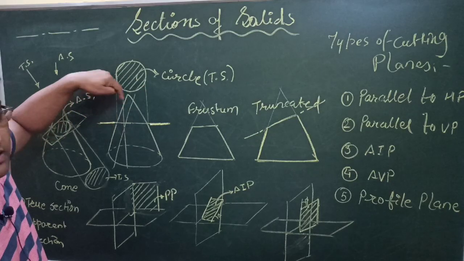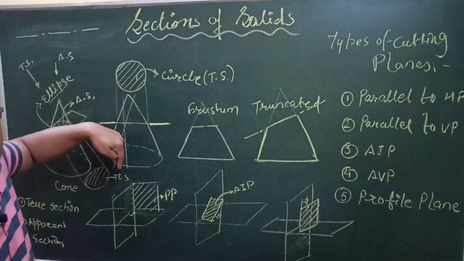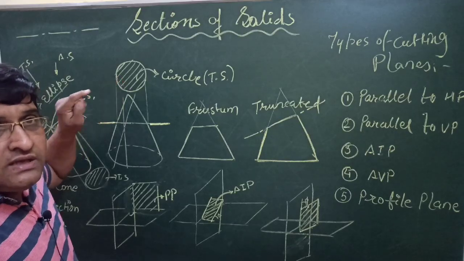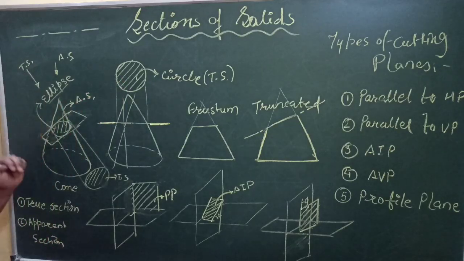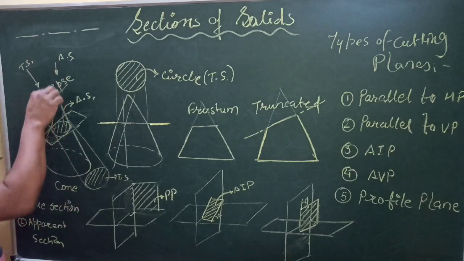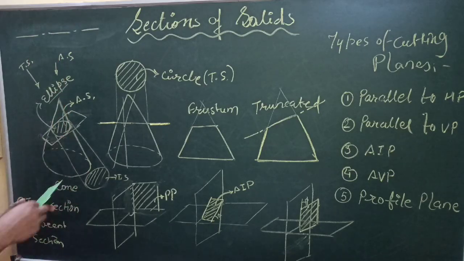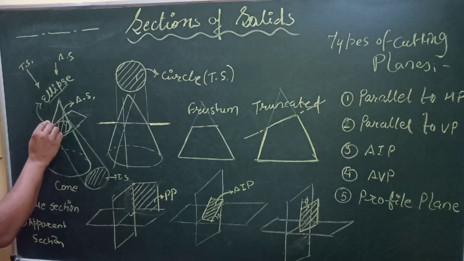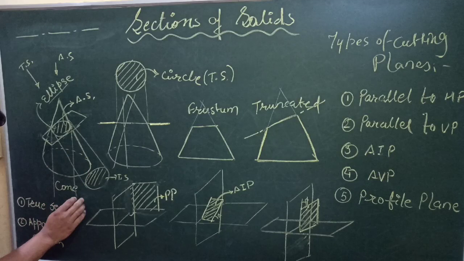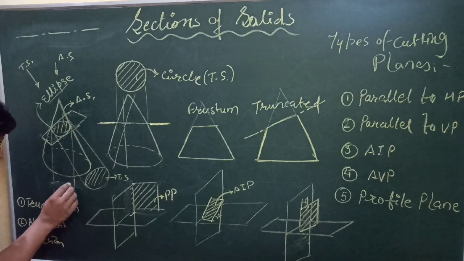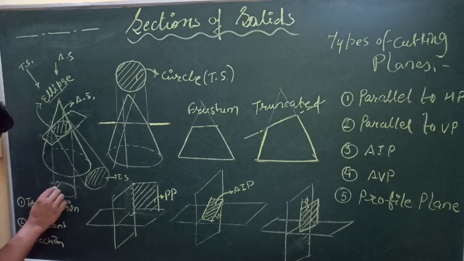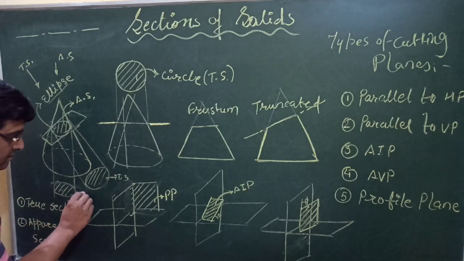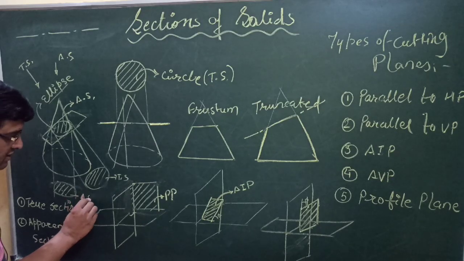This will be a circle, and the base is also circular. So this circle is the true shape as well as the apparent section. In this particular case, when we are looking from the top, because the plane is inclined, whatever is visible in the top is not the true shape, it is the apparent shape or apparent section,